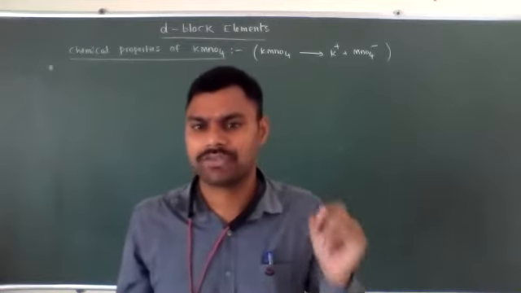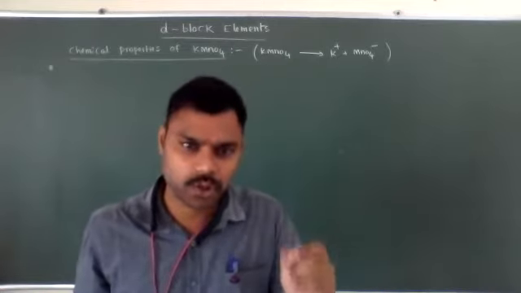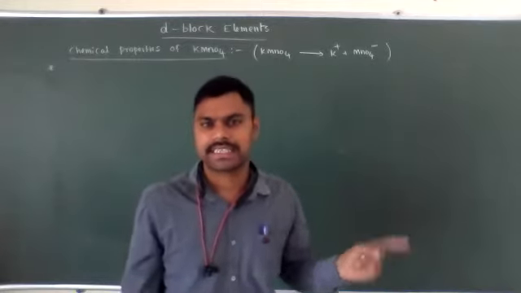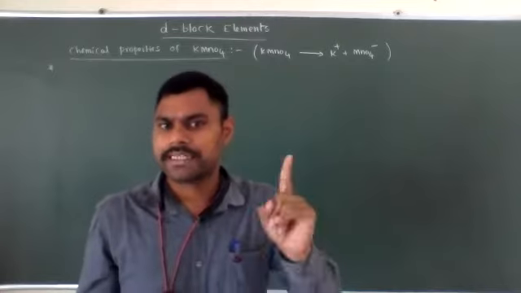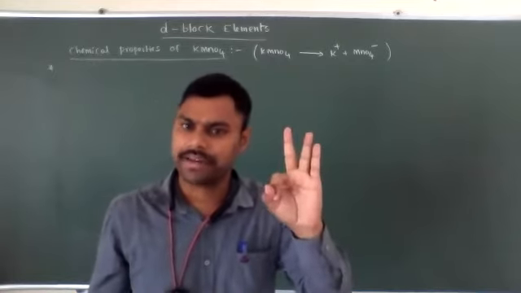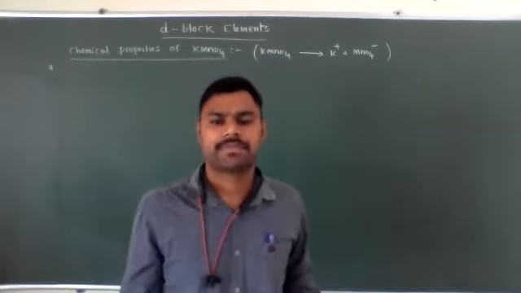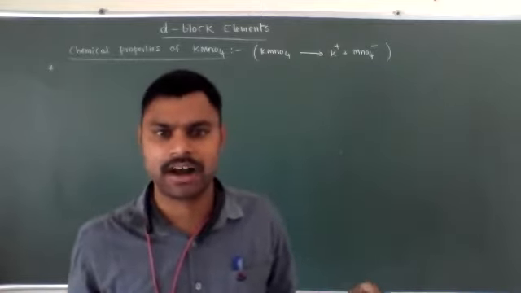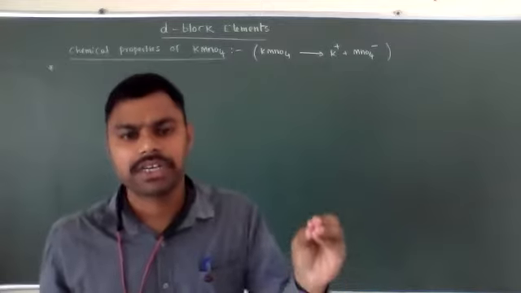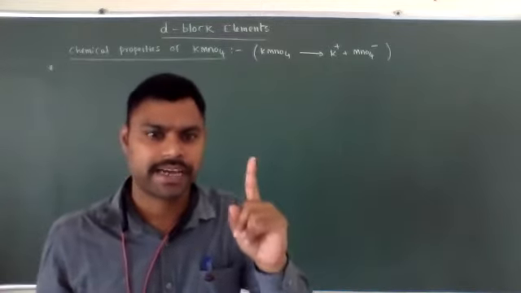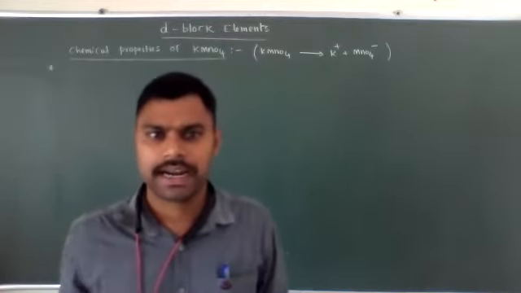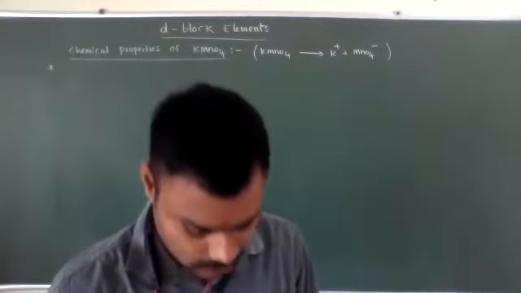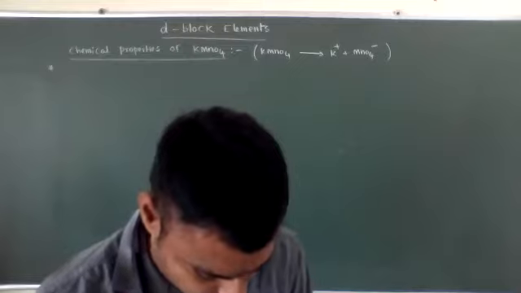Its N factor is equal to 5. KMnO4 in neutral medium or weak basic medium, the +7 oxidation state is converted into +4. Its N factor value is 3. KMnO4 in strong basic medium, the +7 oxidation state of manganese is converted into +6. So N factor is equal to 1. Already a few properties we discussed in the last class. Now, continuing from that, see the next problem.